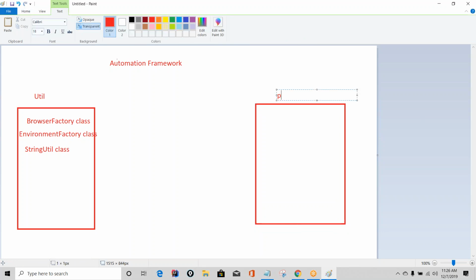It's going to have a page package. These are all packages, okay? Packages are departments, not classes. And inside that page package,